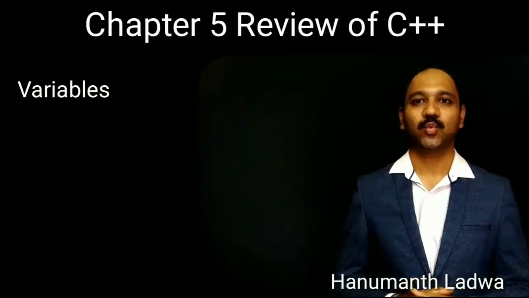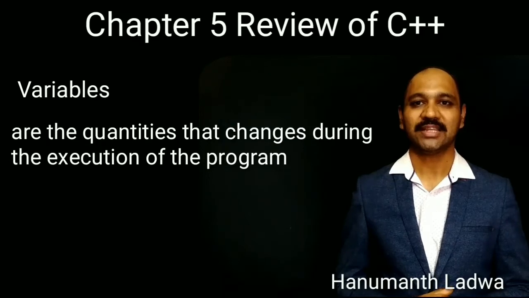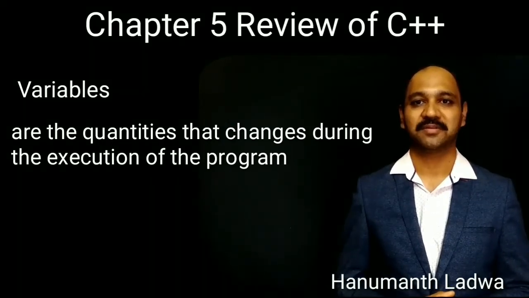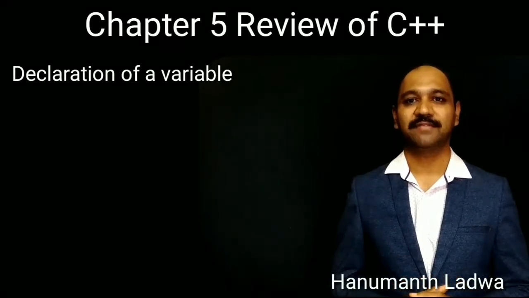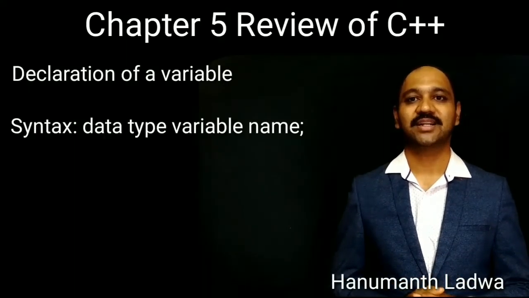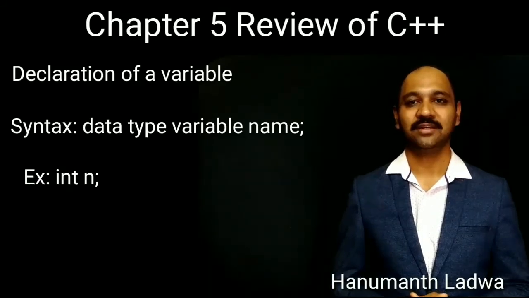Next we'll continue with variables. What do you mean by variable? A variable is a quantity that changes during the execution of a program. Next, declaration of a variable. How to declare a variable? Here the syntax is data type, variable name and semicolon. Let us take an example: int n;